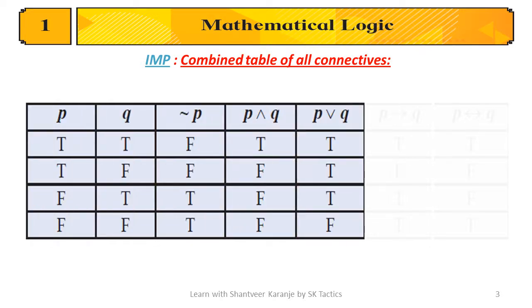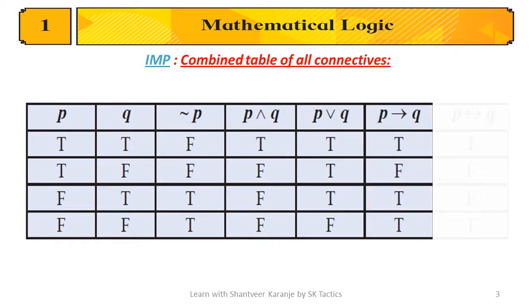In disjunction, we write it as P or Q. In OR, P and Q both should be F, then only the answer is F, else in all other conditions the answer is T. The next connective was implication. So P implies Q has answer F only in the single case where P is T and Q is F, and in other cases it is true.